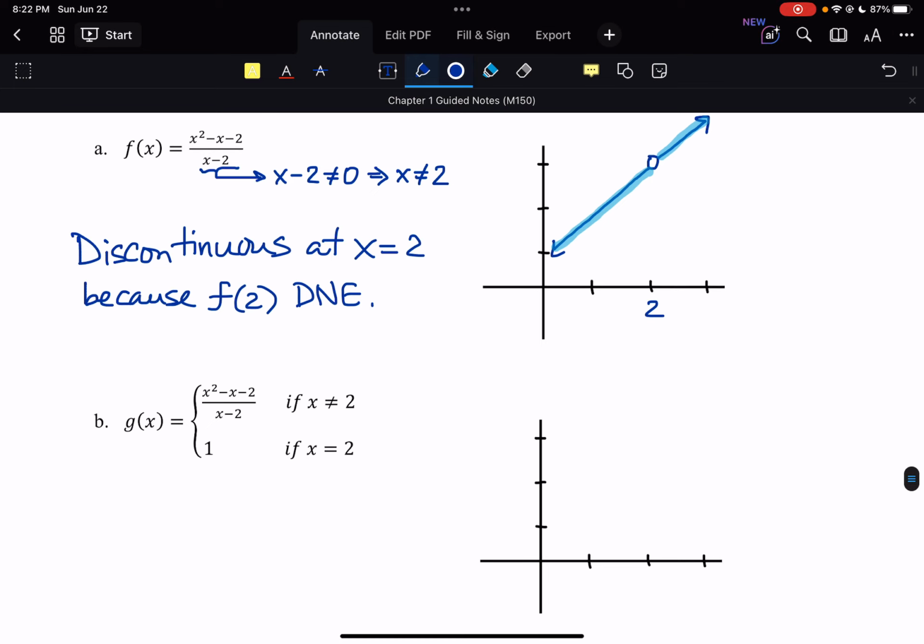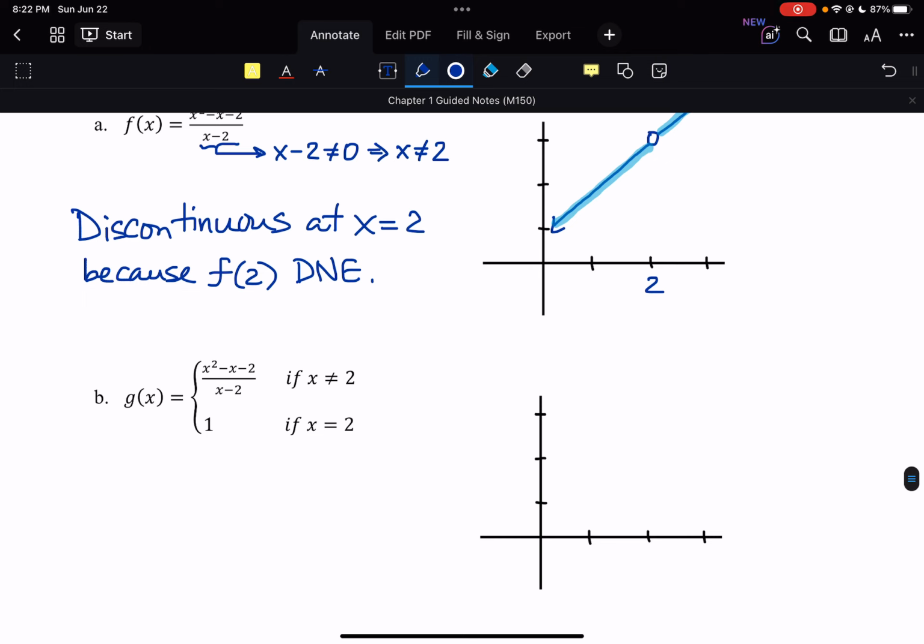So this time, we know g of 2 is 1. And again, that's because we're saying if x equals 2, then g is 1. So we know that the function exists there. The next question, what about the limit as x approaches 2